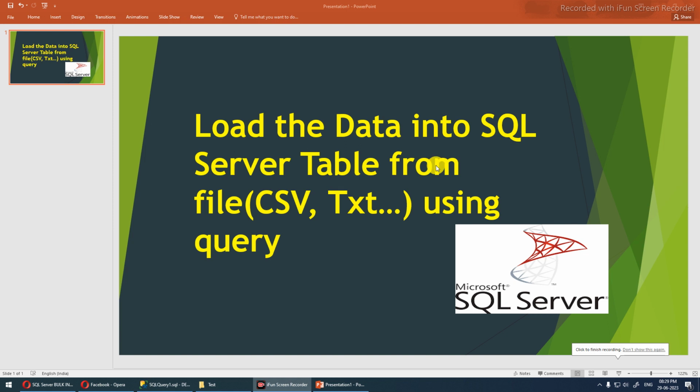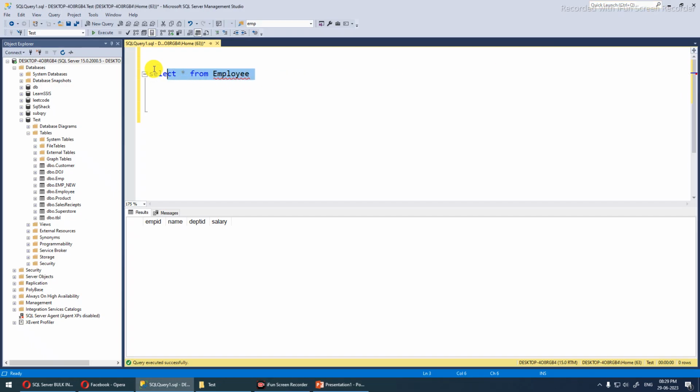So now I am going to show you how to load the data from a CSV file and a TXT file into the SQL Server table through the SQL Server query, I mean T-SQL. So let's go to the SQL Server screen. This is my SQL Server table, and now I am going to upload all the data from the CSV file,